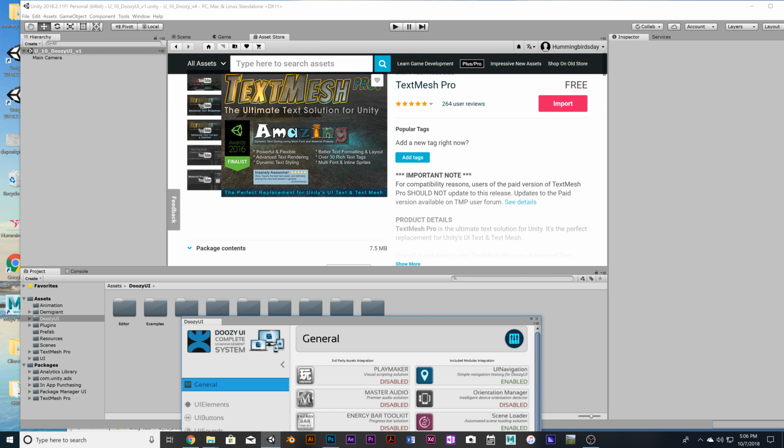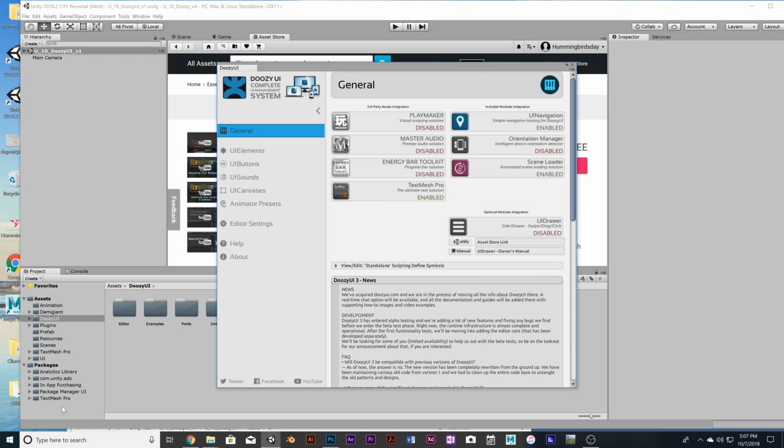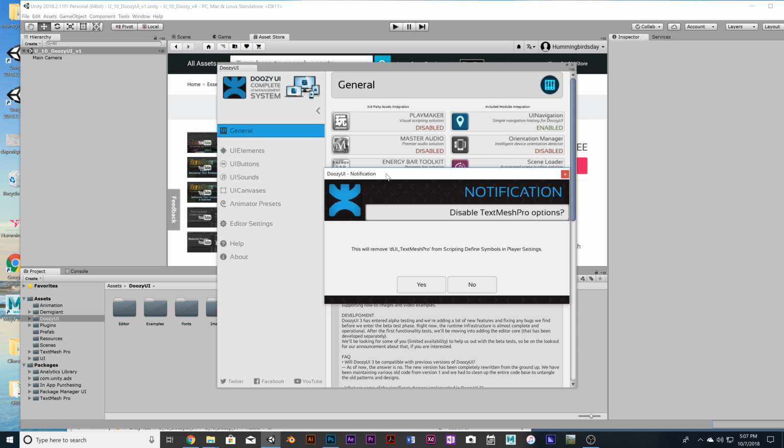By default, UI navigation is the only one enabled. After you import TextMeshPro, you can double click here and yes. Okay, so you can download it and start enable